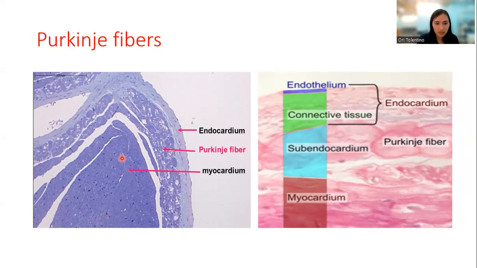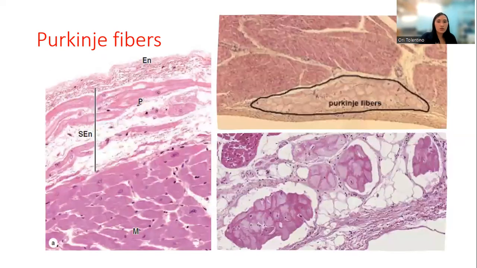Look here, the cardiac tissue is very dark and your Purkinje fibers are very big and pale. They are located under your endocardium, beneath the endocardium or the subendocardial layer. The subendocardium is where you can find your Purkinje fibers. In the ventricles, there is the subendocardial layer. So this is your endocardium.